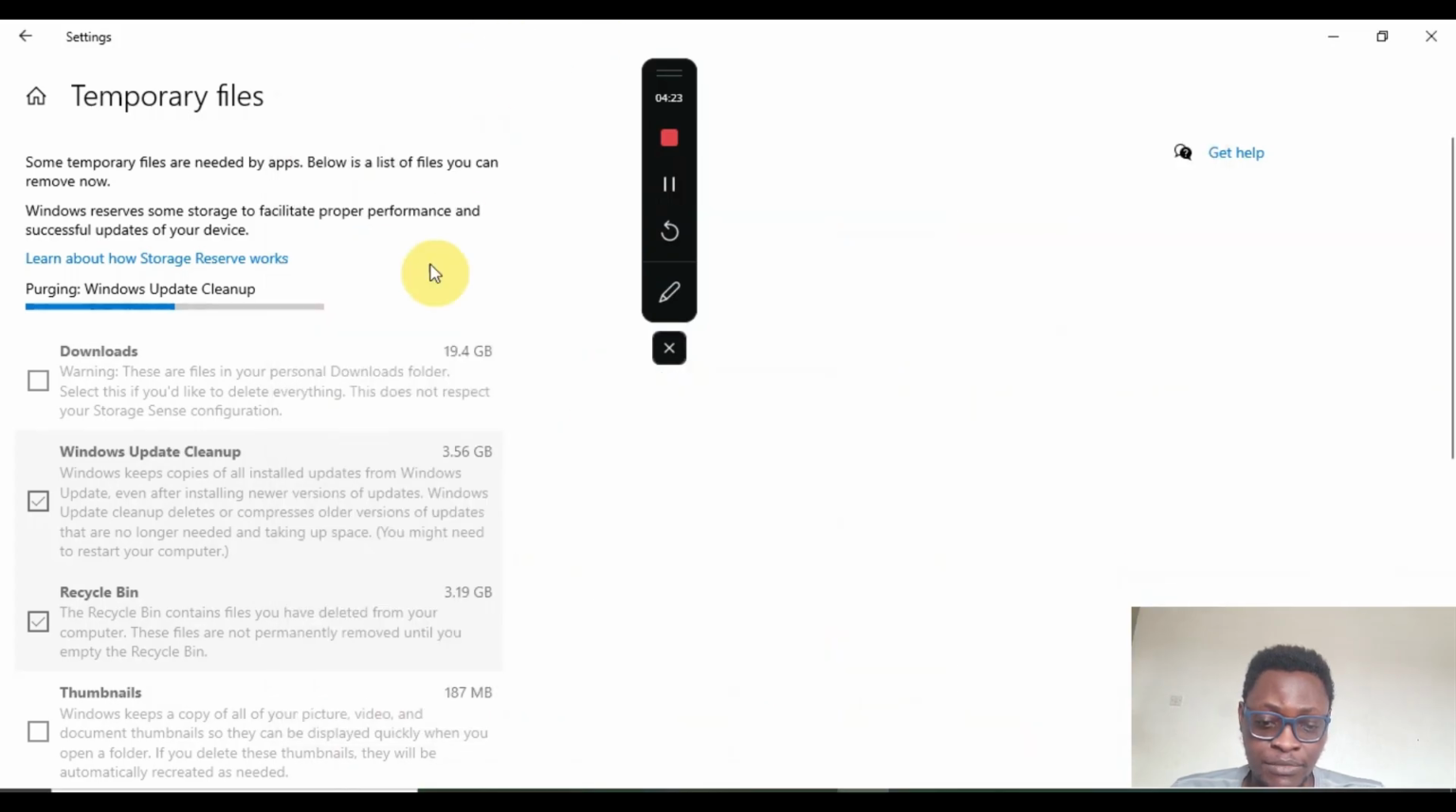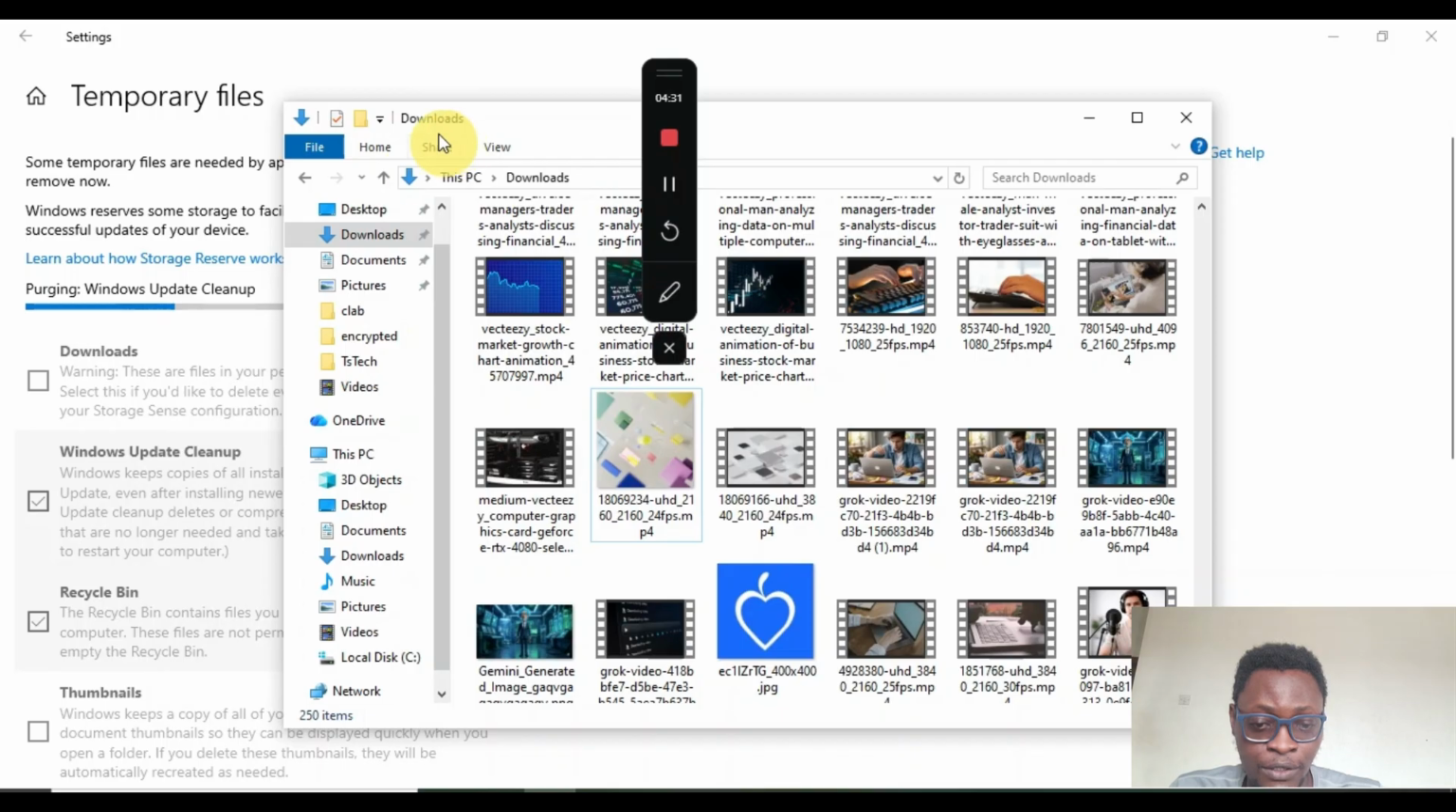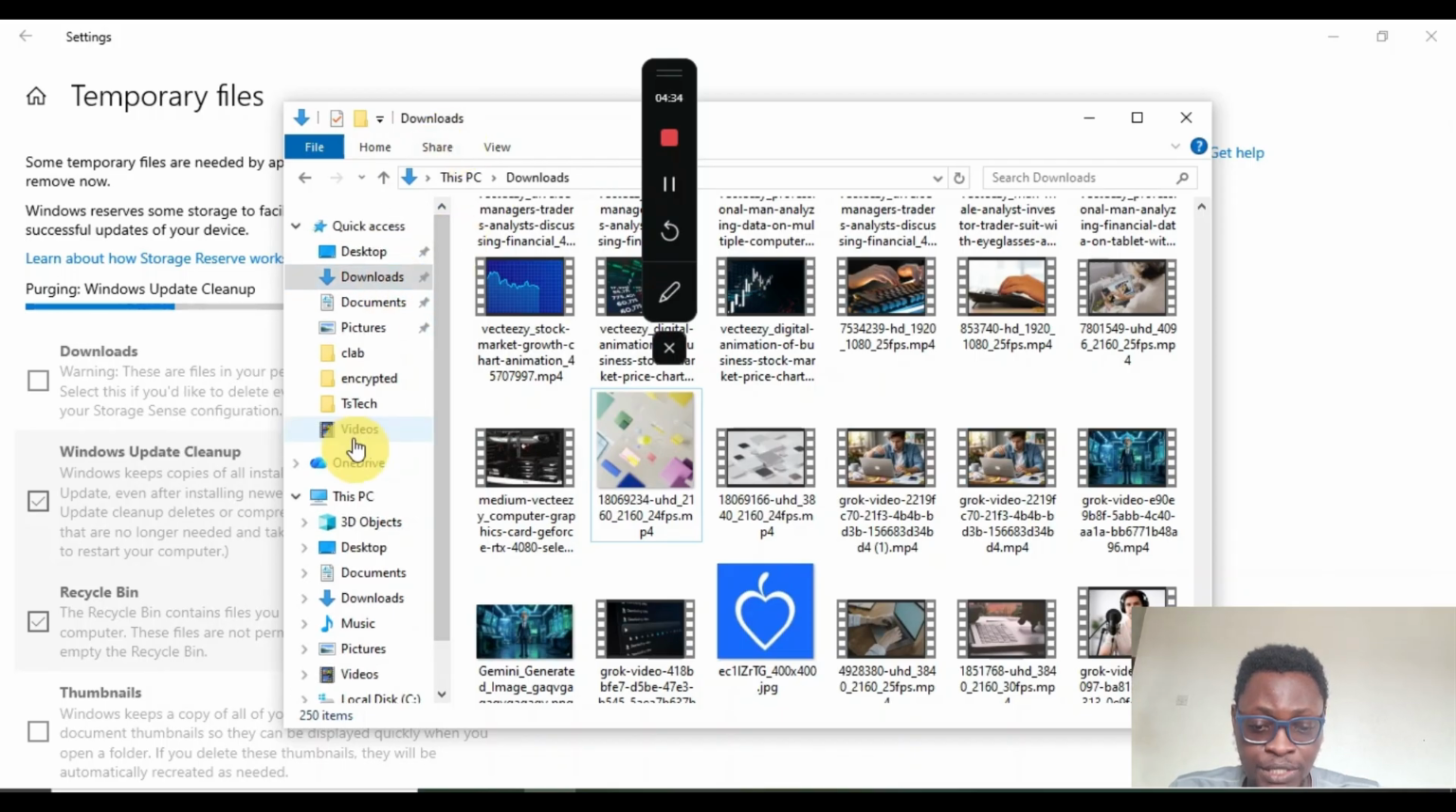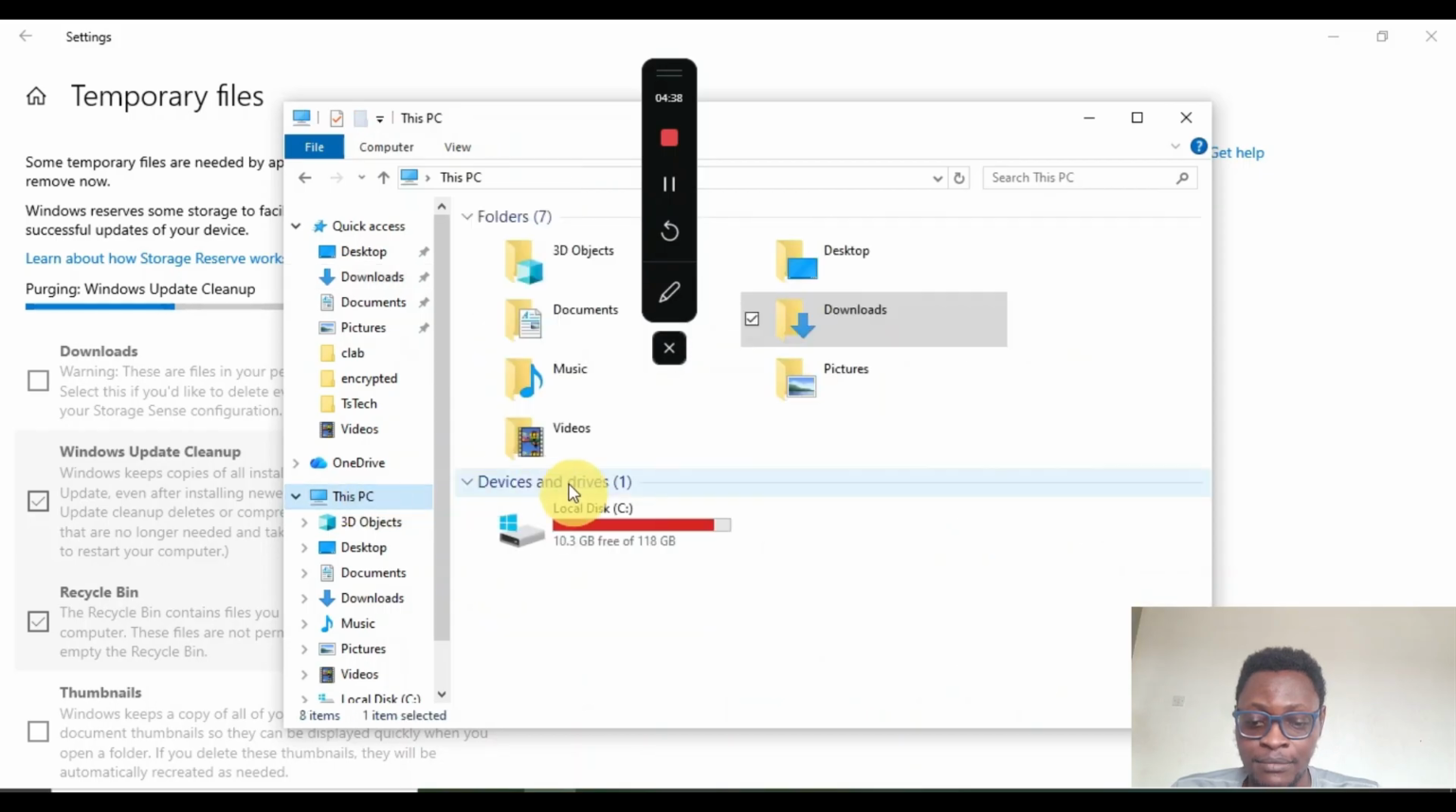So I just got them deleted, and this is still purging the Windows cleanup. This might actually take a while, guys. So I'm just going to pause this recording because that delete is going to take a long time to finish. Already I have 10 gig free. Initially it was 2 gig. So this is actually an improvement, but I am still going to wait even more time for it to be able to delete further files